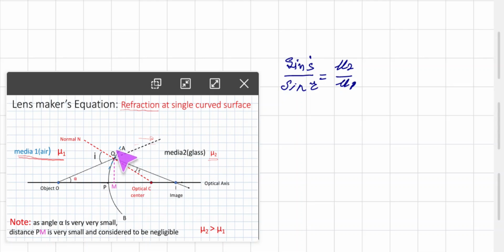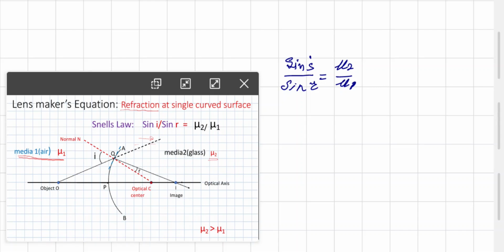Second important thing in considering this, so now this is Snell's law. Now let us consider, here it is a point Q and this is point P. Now let us consider a straight line drawn from point P, a Q to the optical axis, and that point is M.